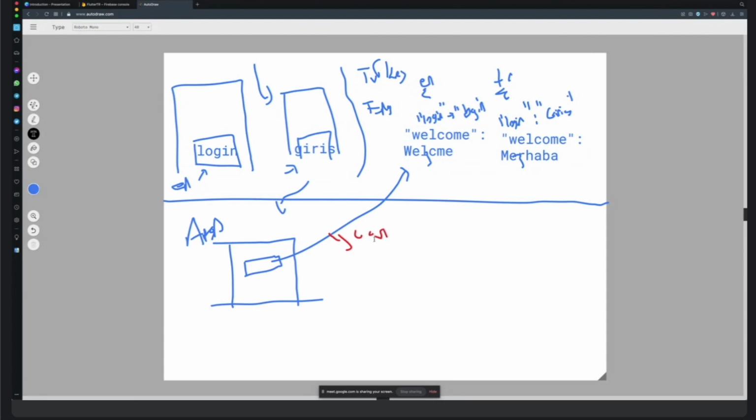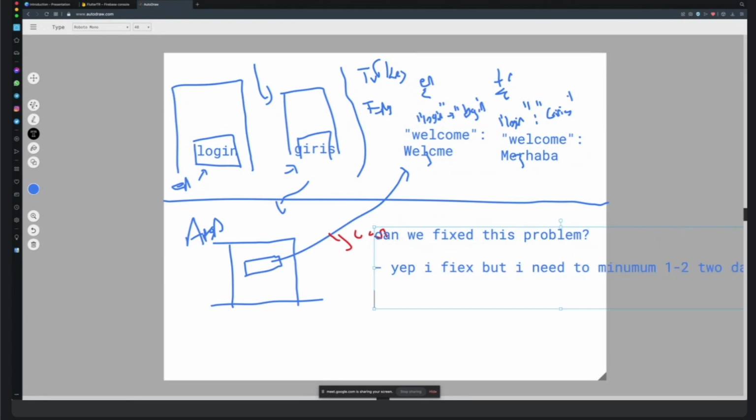Normally you can say yes, I can fix it, but I need a minimum of 1 or 2 days, because we have the Apple review process, and sometimes it finishes in 1 day, sometimes 2 days, sometimes 2 hours. I don't know how long it will take, but it is a big problem for mobile clients, and my goal is to solve this problem